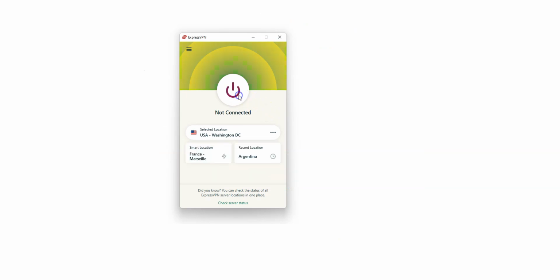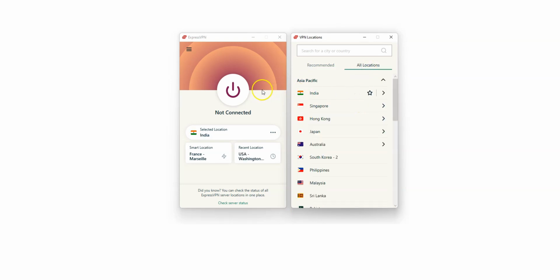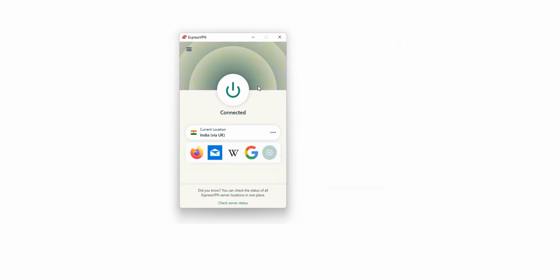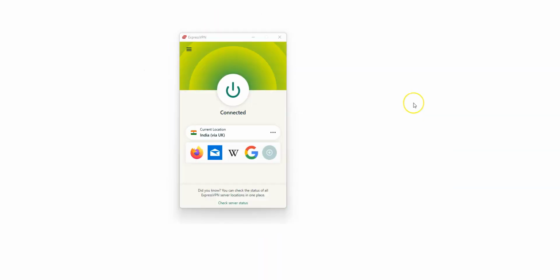Let's try with another country. I'll disconnect. I choose another location. India, for example. I click here. It's connecting. And done. I'm now connected to the internet virtually from India. I refresh this page again. And as you can see, my IP address has been replaced by the IP address of the VPN server located in India. If I visit a website, it will believe that I am located in India because I have an Indian IP address.